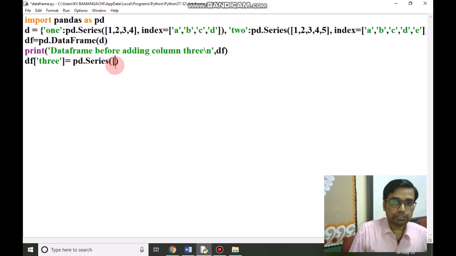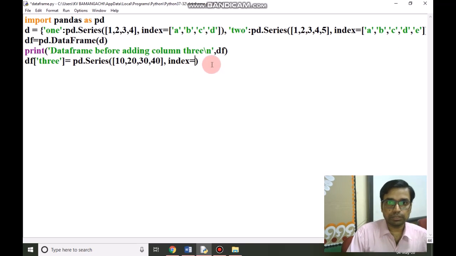In the Series function, you have to write data, then index as per the given dictionary index, which you have supplied in previous codes as A, B, C, D up to E, or you can directly write as you have given data.